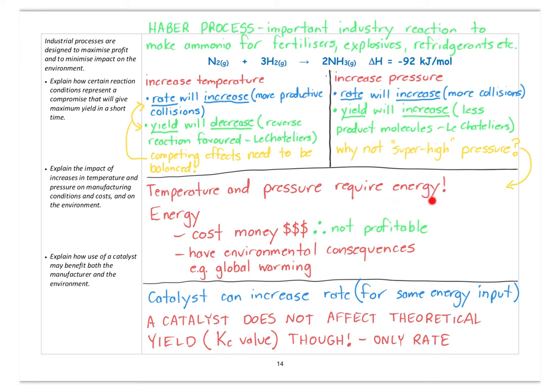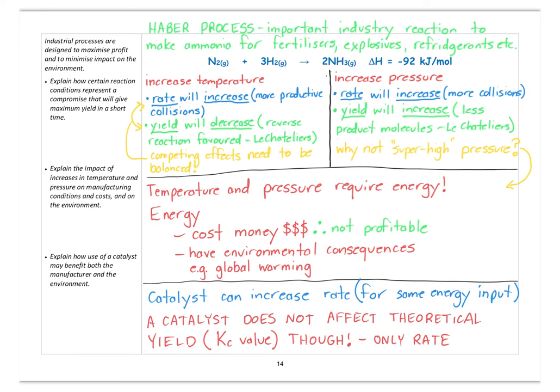Temperature and pressure require energy. The problem with energy, firstly, it costs money. You've got to buy your energy somehow, whether it's by buying electricity or buying fuel to provide the energy, whether it's to increase the temperature or increase the pressure. So at some point, it just doesn't become economic. It's not profitable to have a pressure so high that it would cost so much money